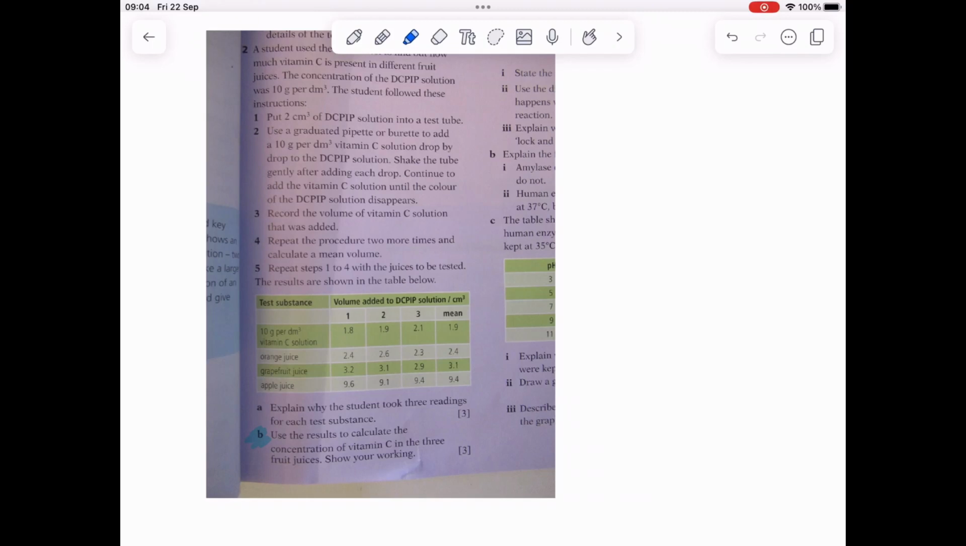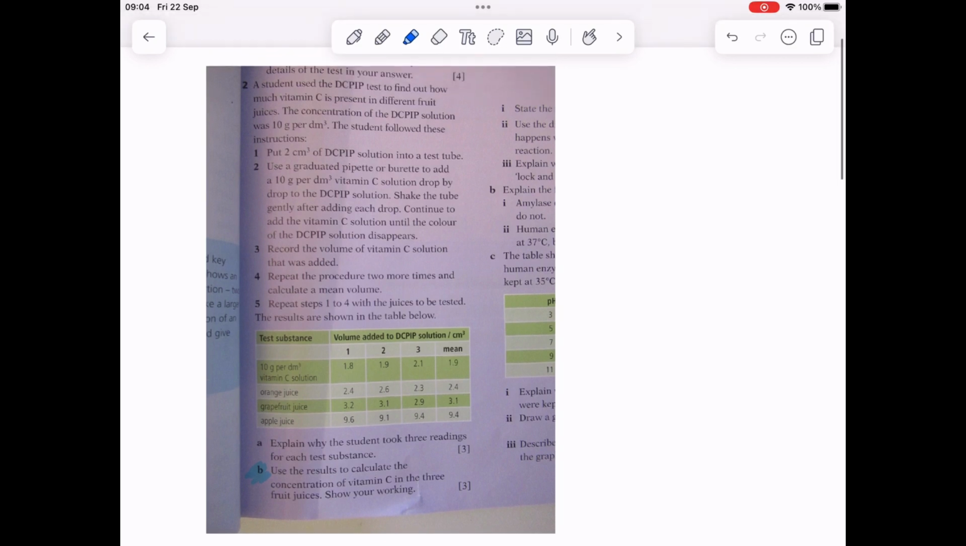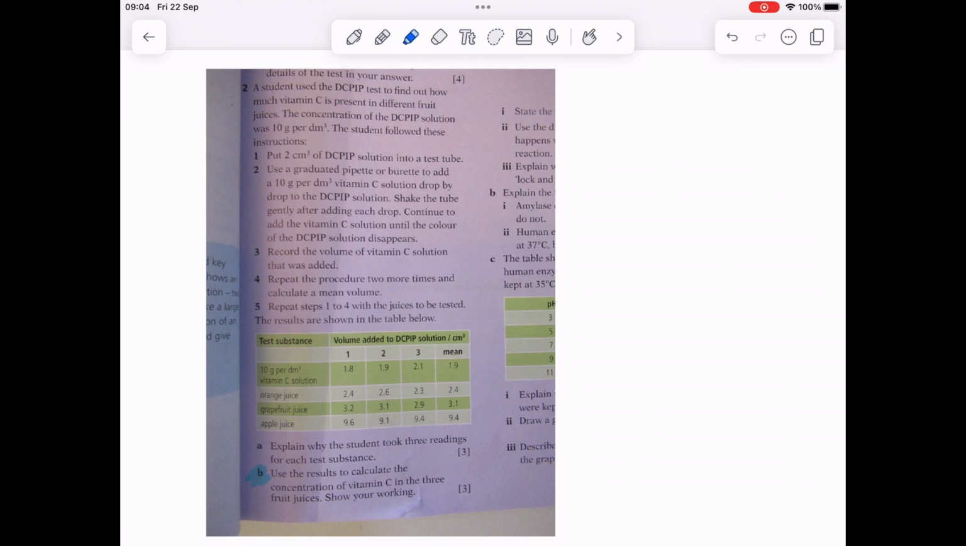So we're looking at more of an A-level question than an IGCSE question. The student used DCPIP to find out how much vitamin C is present in different fruit juices. They're using the same quantity and the same concentration of DCPIP throughout. We're just looking at part B, which is: use the results to calculate the concentration of vitamin C in the